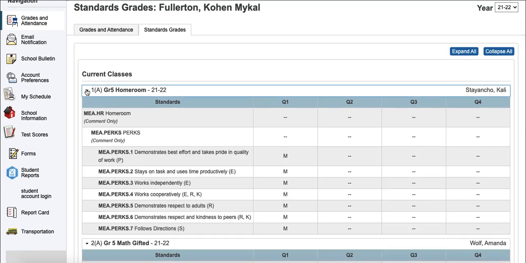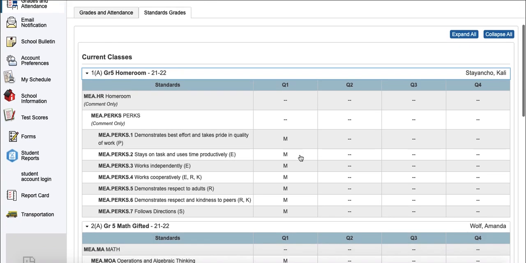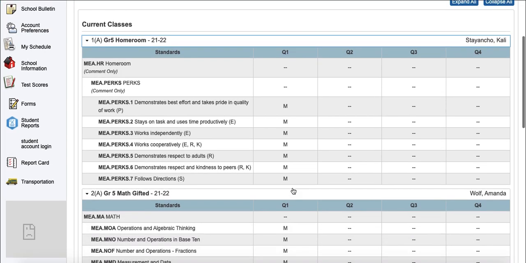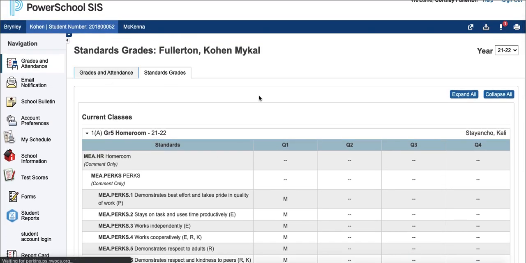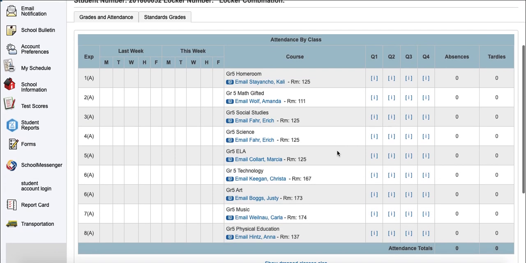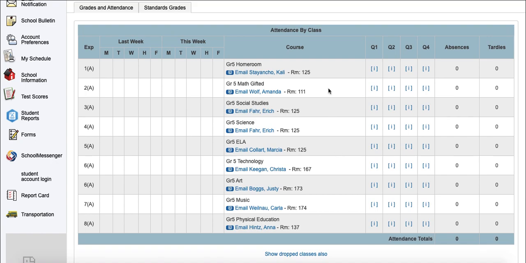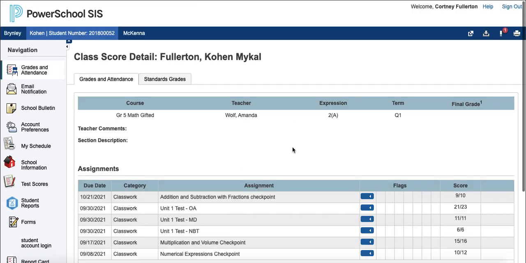Okay. What's also cool is we also have perks. You can kind of see the different things that show up in that regard. So I'm going to go back to grades and attendance piece. Once again, just to remind you, you could click on this I, and when you click on that, it'll actually give the actual